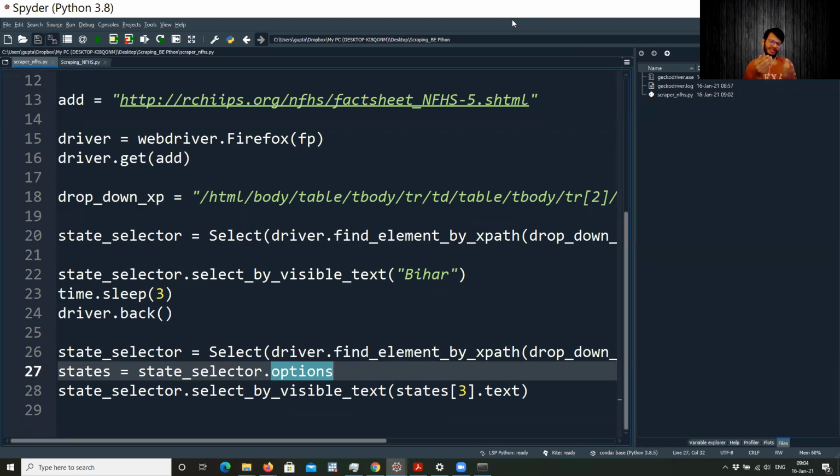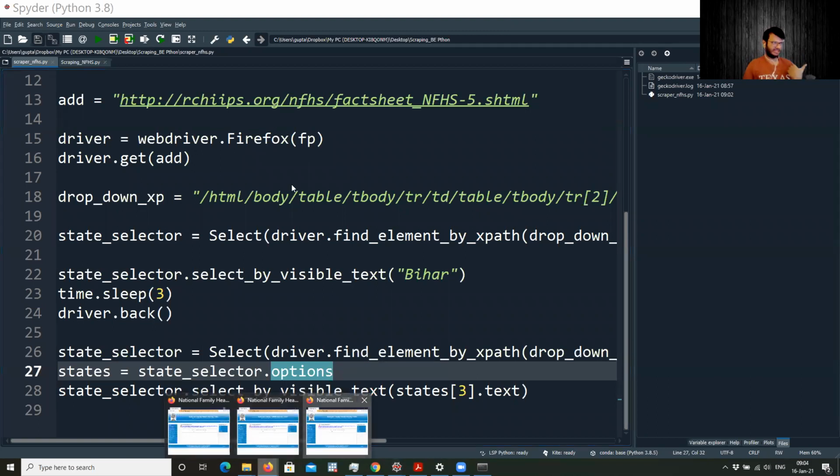And tomorrow we'll discuss how to download these fact sheets and then how to extract tables from them, right? So tomorrow, what we are going to do is